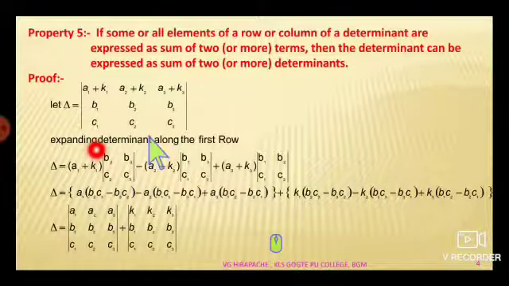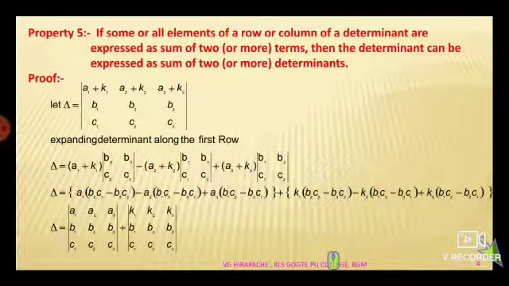Now let me expand this determinant along the first row. Therefore, the first row first element is A1 plus K1. Deleting the row and column consisting of A1 plus K1, we are left with the second order determinant with elements B2, B3, C2, C3. Therefore, from left top to right bottom, B2, C3 minus C2, B3. Similarly, before I go to the next element of the same row,